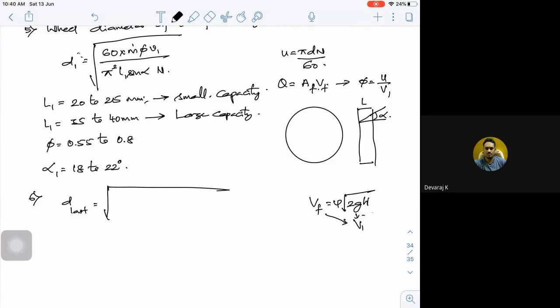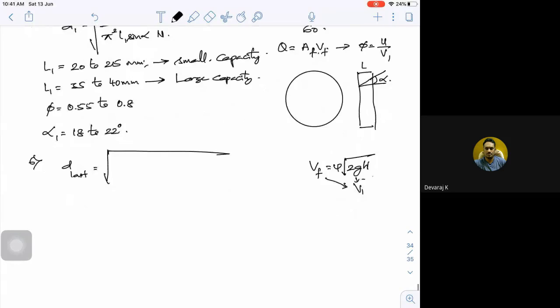This is derived. This is something like m dot into psi, into the specific volume for the last stage. The same formula can be used for subsequent stages also. Pi into, this is to calculate your V1, square root of zeta, where zeta is for your enthalpy drop, into sine alpha. So what will be the value of psi?